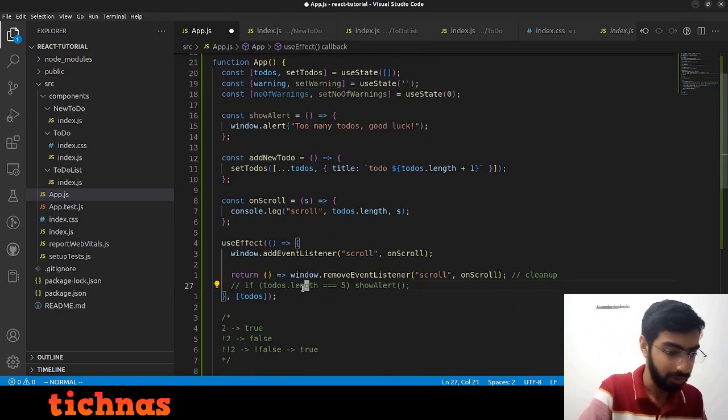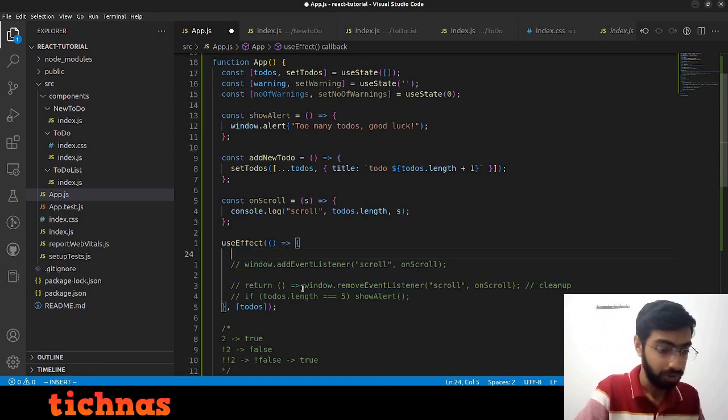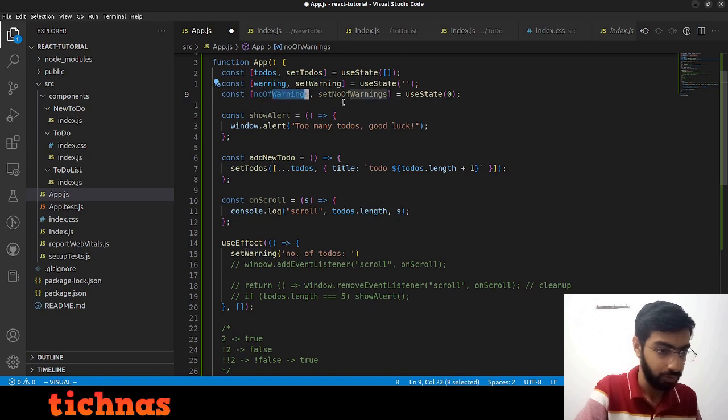So what we will do is return this, remove this. On change of this, we will do set warning. Okay, number of to-dos. Actually, let's do one thing. Let's change this warnings to to-dos, number of to-dos,